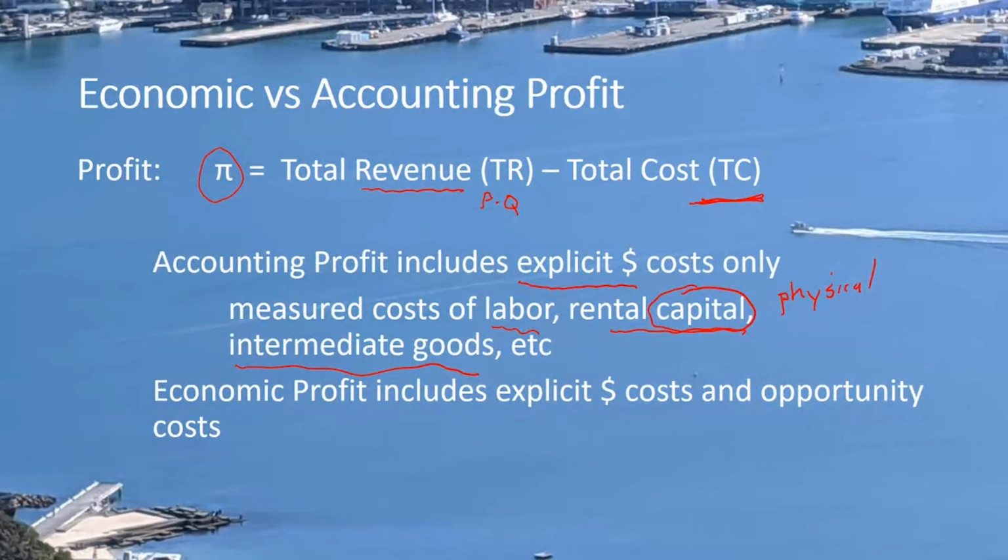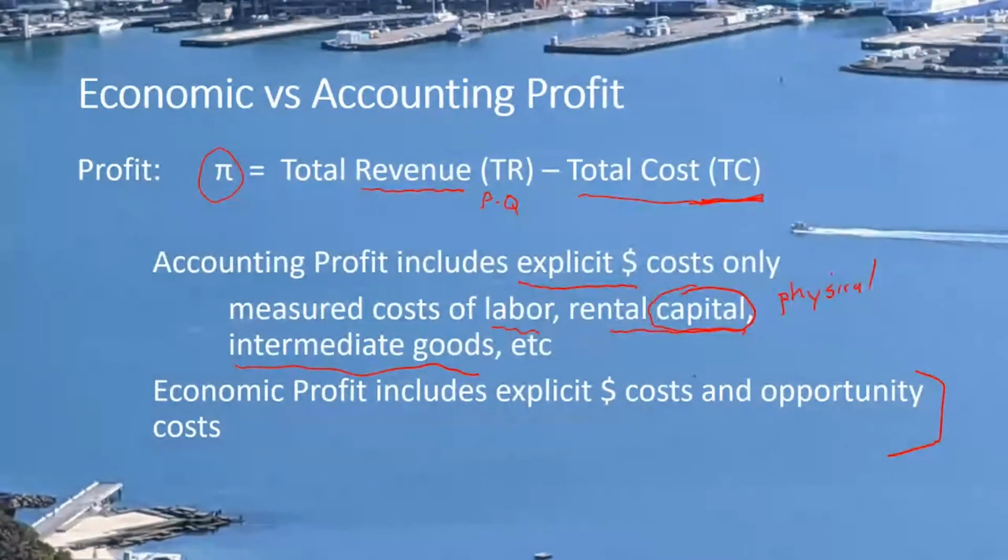And those correspond to some of the costs that have to be incurred by a typical business. Now, what accounting profit does is it measures all of those listed costs that you can evaluate and keep track of on a day-to-day, month-to-month basis. And you take your total revenues again, and you subtract off your total costs, and you get what's recognized as accounting profit. Right? But now we want to make a distinction between that and what we're going to call economic